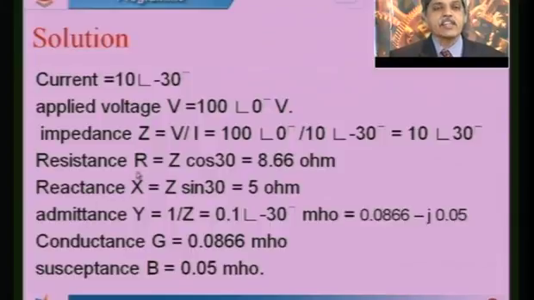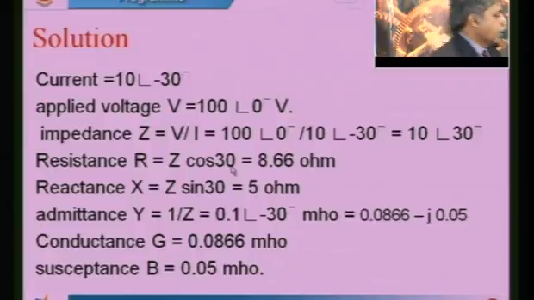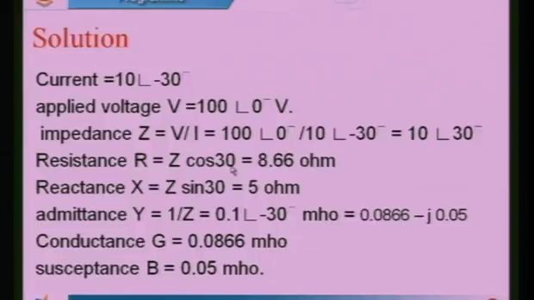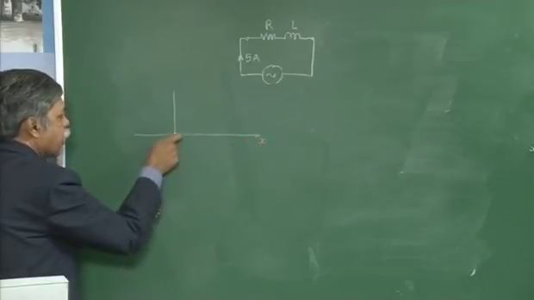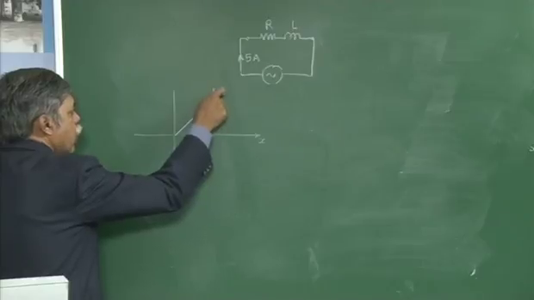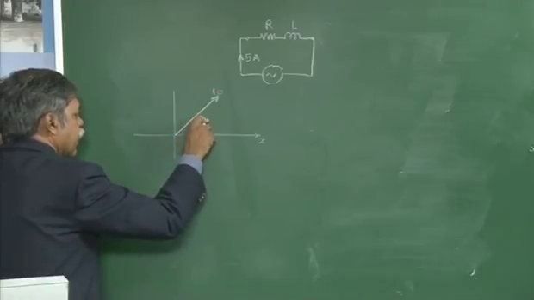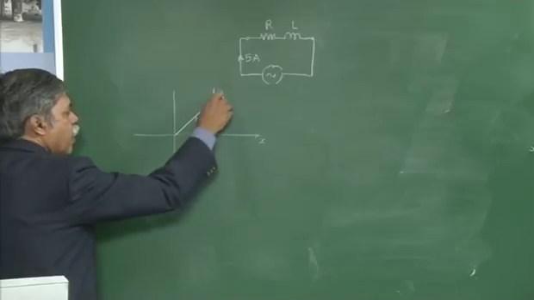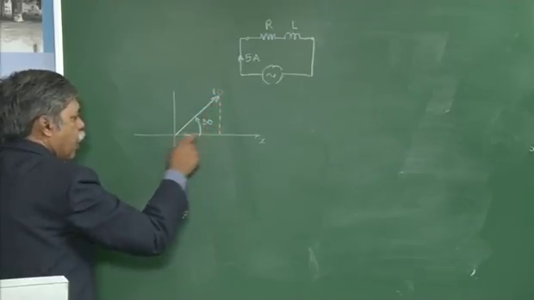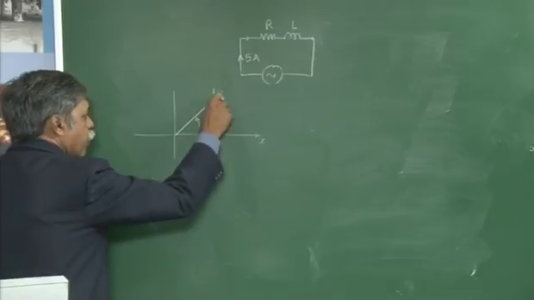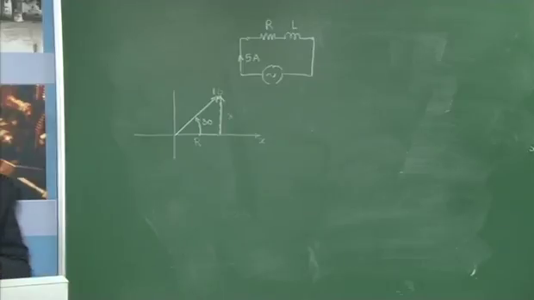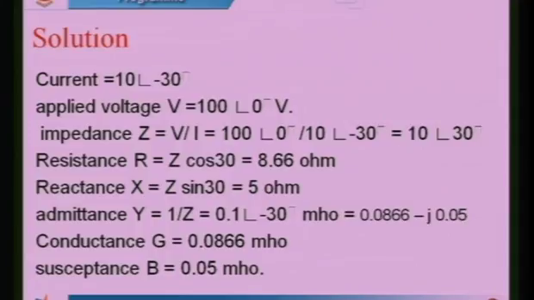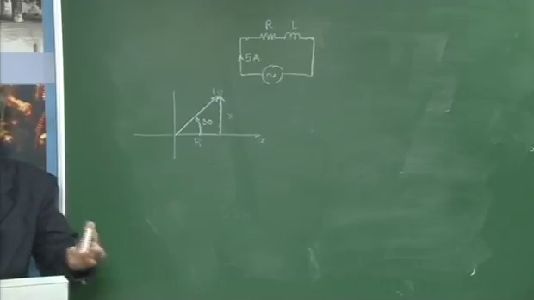Here resistance R is equal to Z cos 30, okay. That means on the coordinate system, with respect to the reference axis, that is the x axis, my impedance is 10 ohms, it has an angle of 30 degrees, okay. Resolving this into real and vertical or horizontal and vertical components, I will be getting resistance and the reactance. Understand? Okay. Why I am calling it a reactance means I could have written it as inductive reactance also.